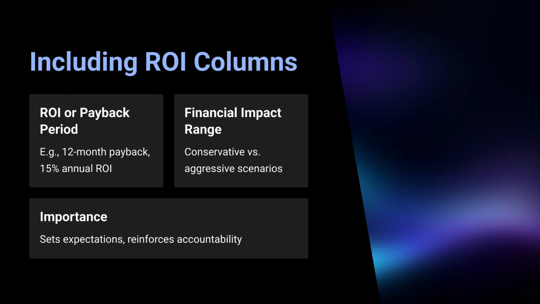So in these ROI columns, you will typically have your ROI expressed as a percentage or a payback period column. So let's say in your value analysis for the invoice automation bot, it shows a 12-month payback. Put that in there. Another tool might project a 15% annual ROI. List it in there so executives can quickly see this is the tool, here are my supporting links, this is the